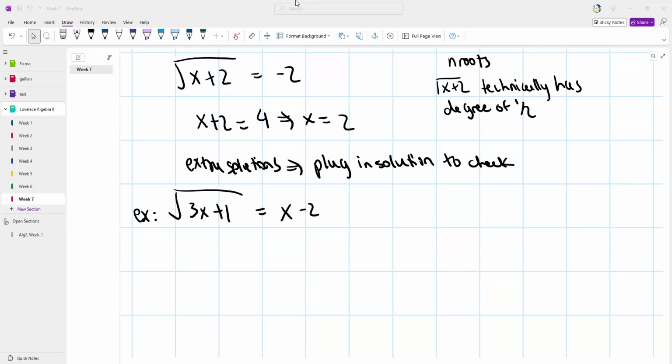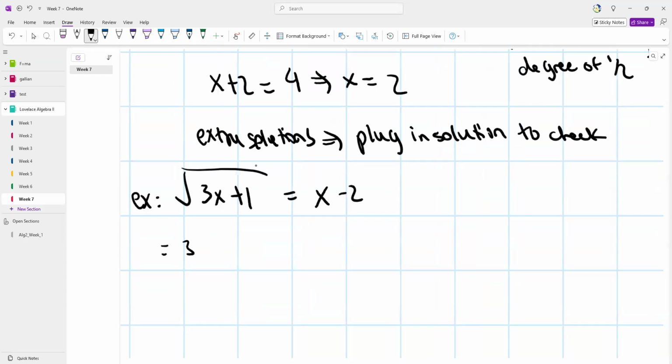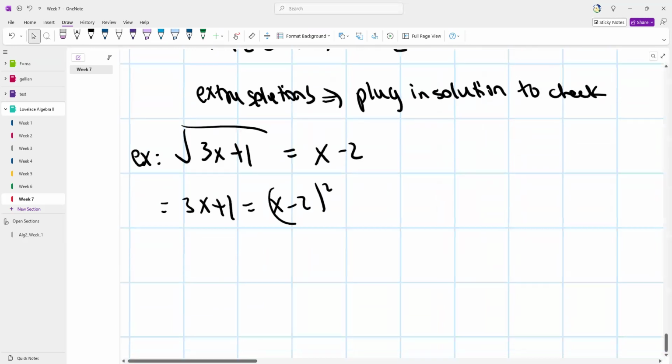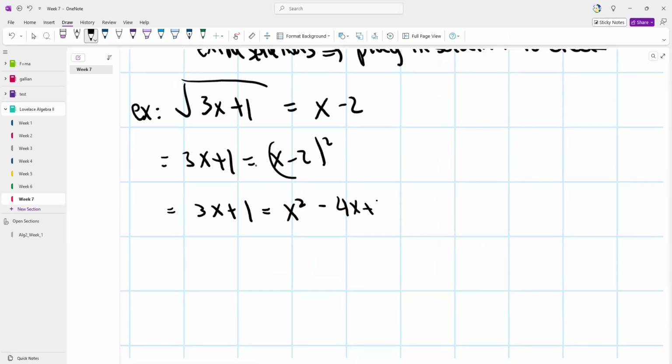Okay, so I'm going to go over this. You can do something similar to what we did above. We just square both sides, and this should give 3x plus 1 is equal to, this one is 2 squared. We're familiar with dealing with that now, so we just expand it. So 3x plus 1 is equal to x squared minus 4x plus 4. And when you move things to one side,